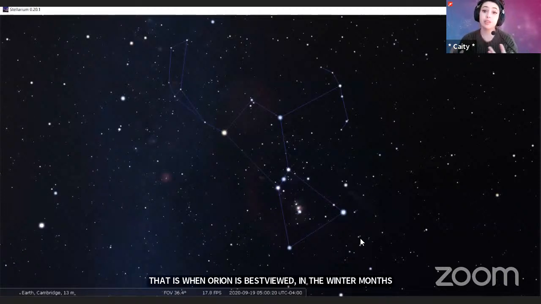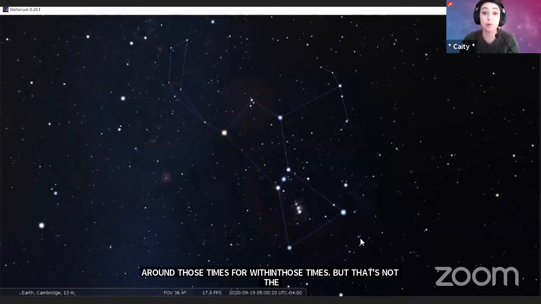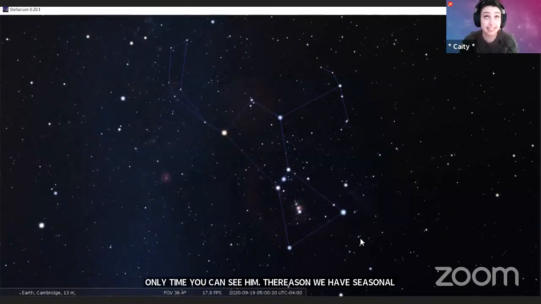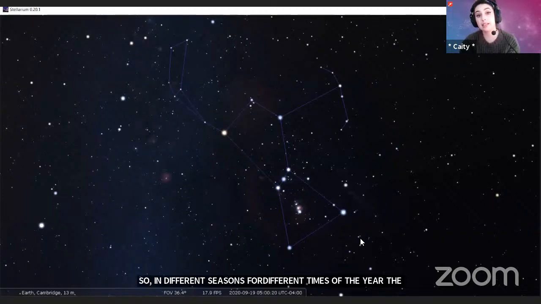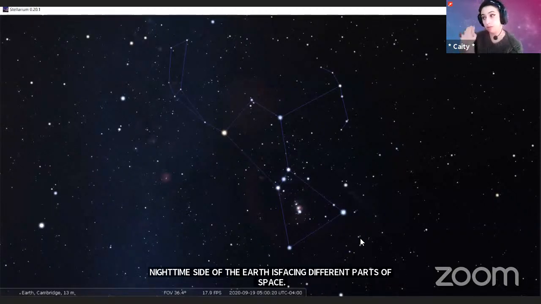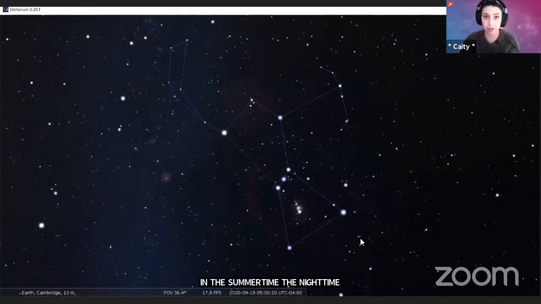So the reason we have seasonal constellations is because the Earth moves around the sun. So in different parts of the year, the nighttime side of the Earth is facing different parts of space. In the summertime, the nighttime side is facing one chunk of the sky, but the daytime side of the Earth is also facing another chunk of the sky.